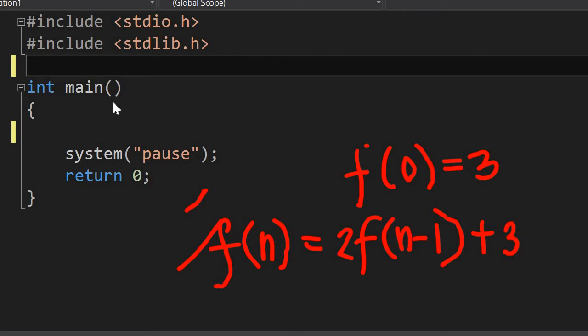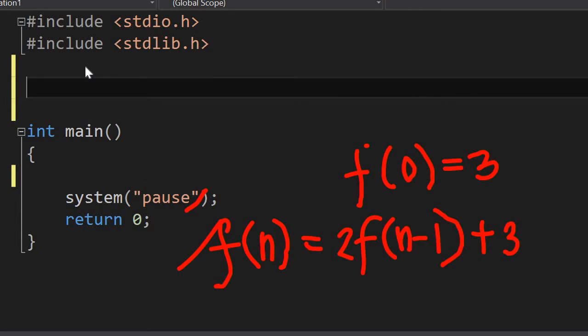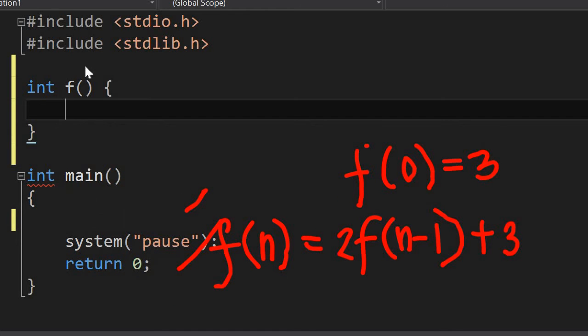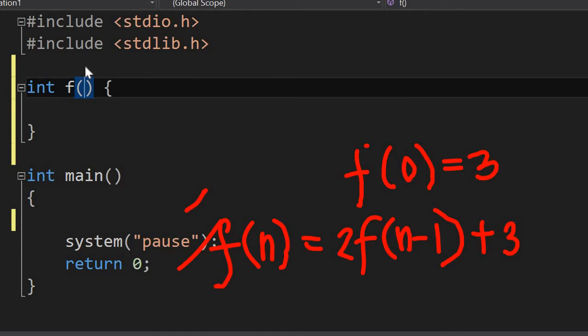So if you code them, basically I'm just going to write a function f, and let's limit to integers for now. So int f, and let me just accept an integer, say n,